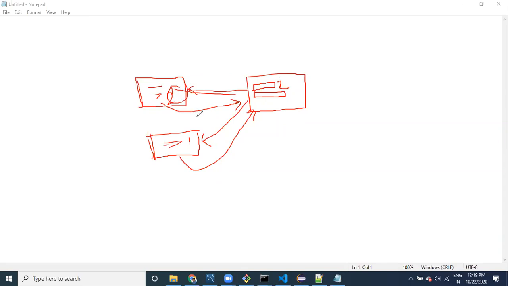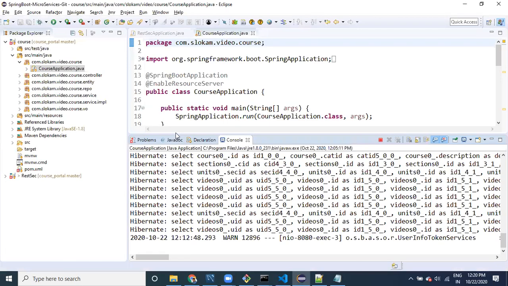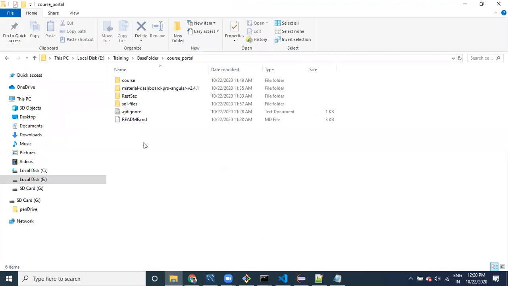Suppose I will do one thing, guys. I will take two Eclipse, clear the drawing, and let us do it. What I will do is take two repositories.